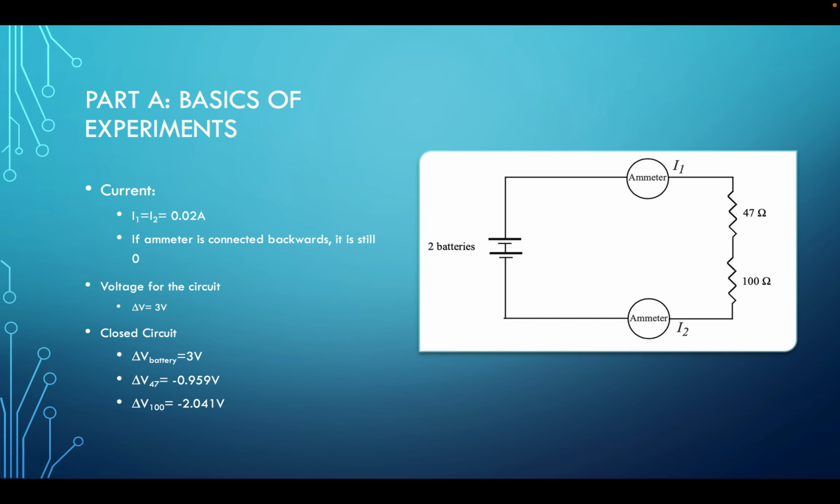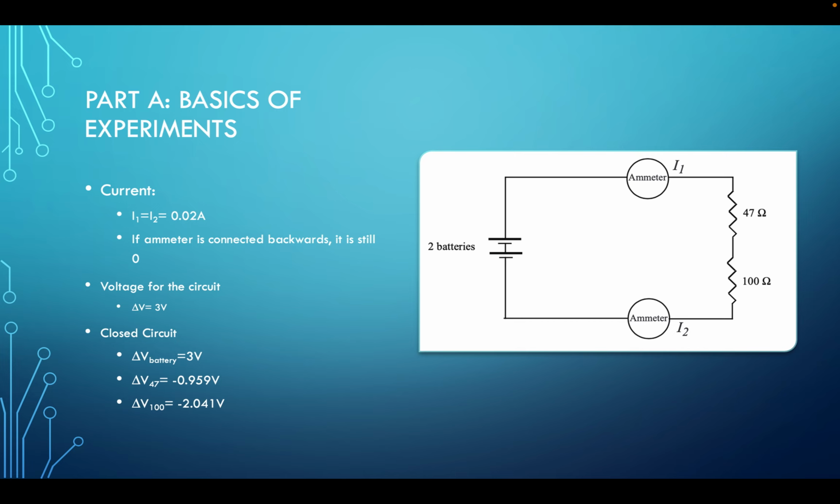So some of the basics of the experiment: we set up in the simulator and we got I1 equal to I2, which is equal to 0.02 amps, which is what we were supposed to do in the lab. And if the ammeter was connected backwards, it would still have a charge of 0. The voltage of this circuit is 3 volts overall because we had 2 batteries and each battery was 1.5 volts. And in this closed circuit, we had the resistor with 47 ohms is equal to negative